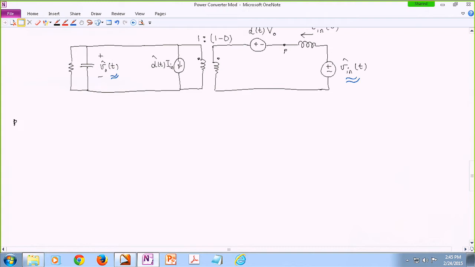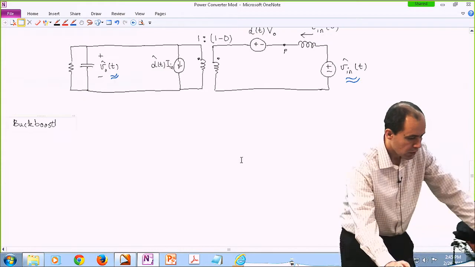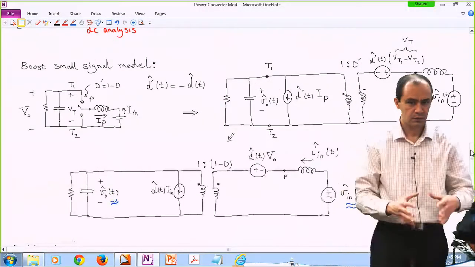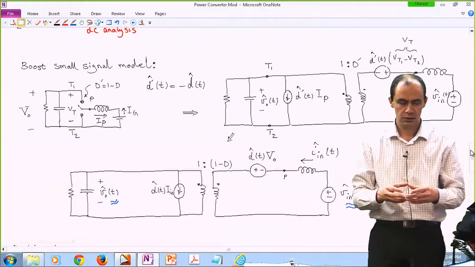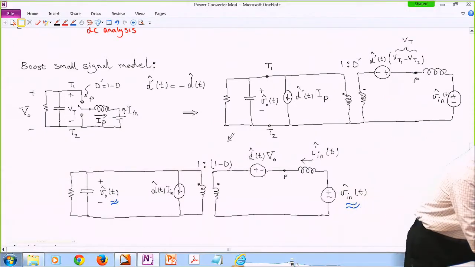I have a question. Sure. How did we change from D prime perturbation to D perturbation on the input side of the model? I mean, there is a negative, positive, I guess. But I didn't get the logic. Can you explain it? Okay, so generally speaking, D